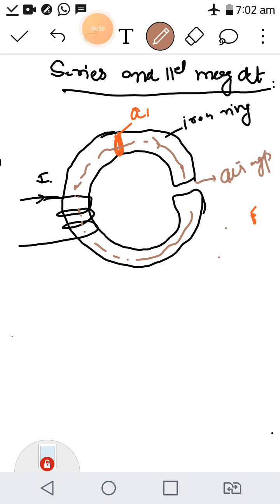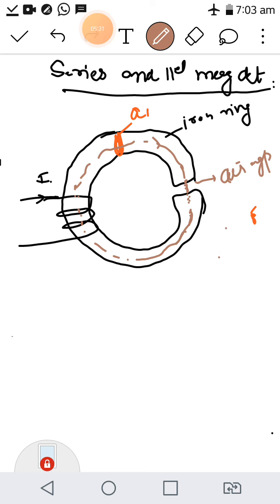Normally in all magnetic circuits, if you consider a machine, a motor has a stator and rotor, and there is some finite gap between the stator and rotor. Similarly, in all magnetic circuits, you can see that there is a small gap between one part of the circuit and the next, but the flux will definitely pass through the air. Even though the reluctance of air is small, flux will definitely pass through this air and complete its path. So this gap is called the air gap.